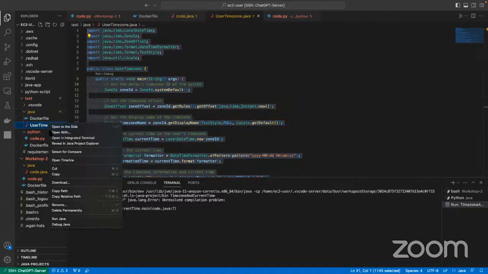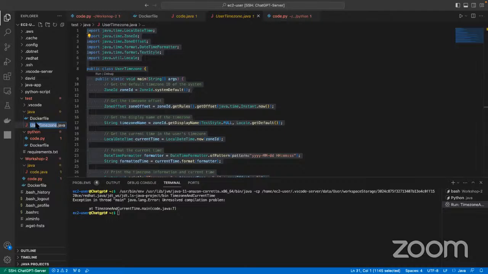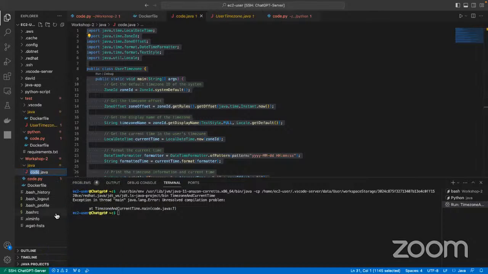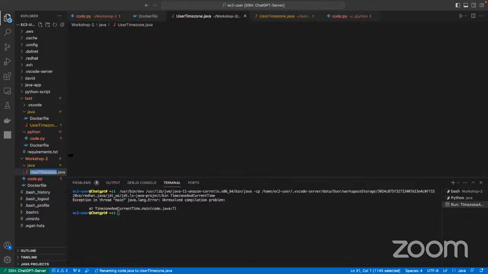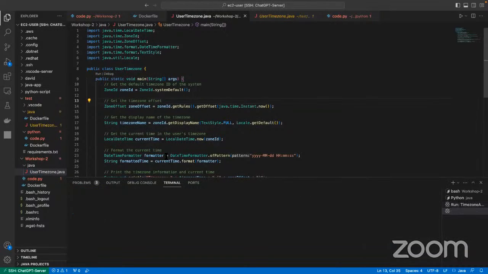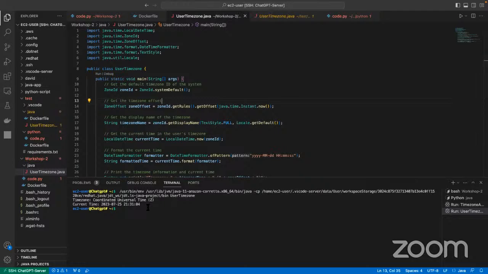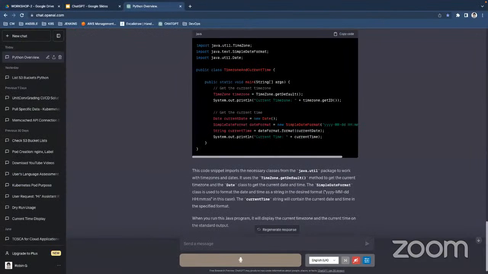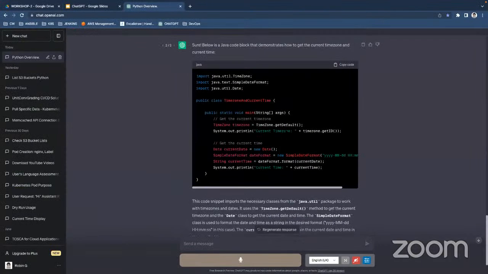I'm just renaming it, copying the name from here and getting back to my code.java, because I should give exactly the same name. Okay, hit enter, let's make it work. You see, my current time is this one, and my time zone has been written there. So I got this using some extra generative response from ChatGPT itself.